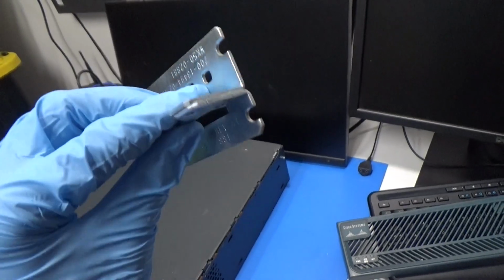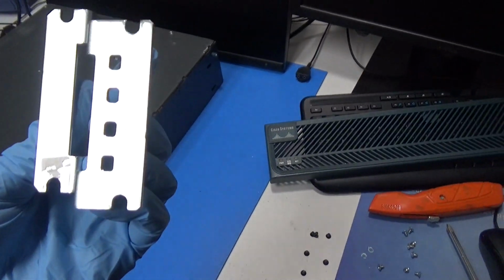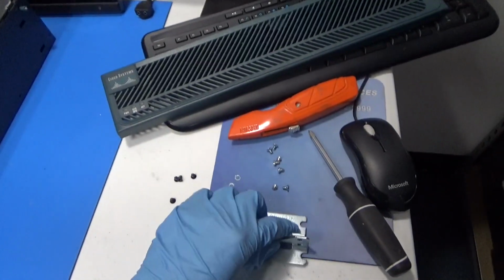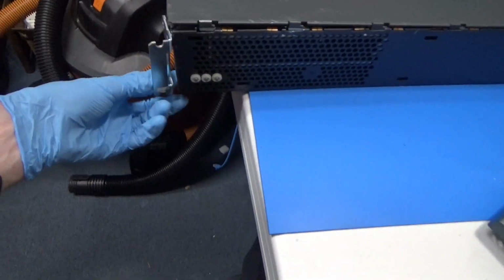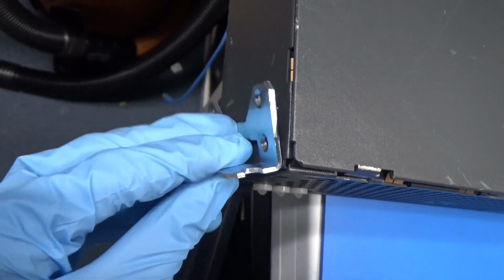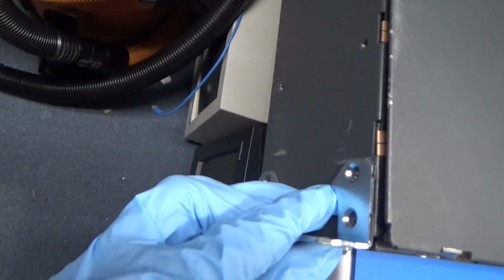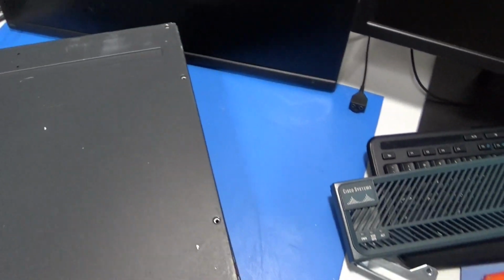Oh. Well, actually, I wonder if that part matters. That would be crazy. Let me see. Left. I don't know if they're supposed to be the same or not. Okay, this left one lines up. Maybe they're just different. I didn't think it would make a difference, but...